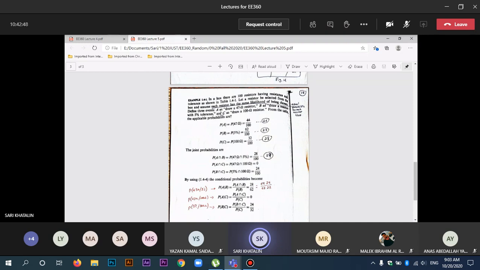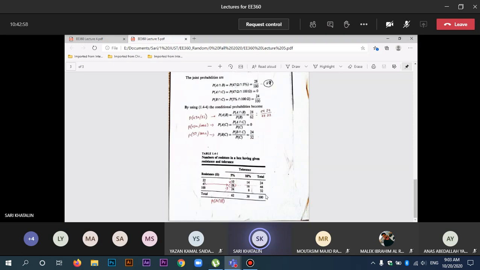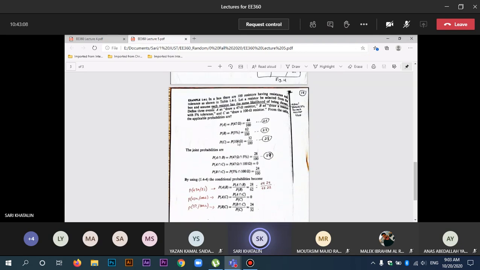Okay, so if we take a look at event A, which is drawing 47, the probability of drawing 47 ohms will be 44, because the total we have is 44 resistors with 47 ohms. And each one of them is 1 over 100, so it will be 44 over 100. Similarly for B,